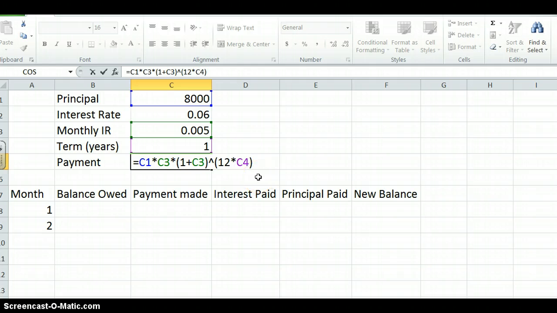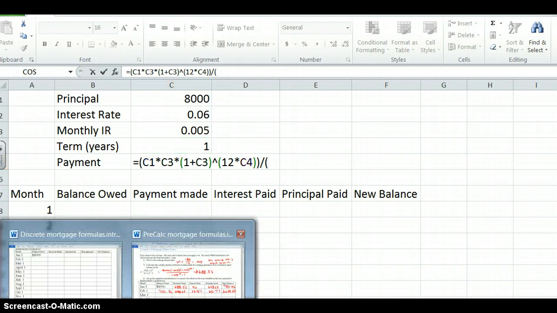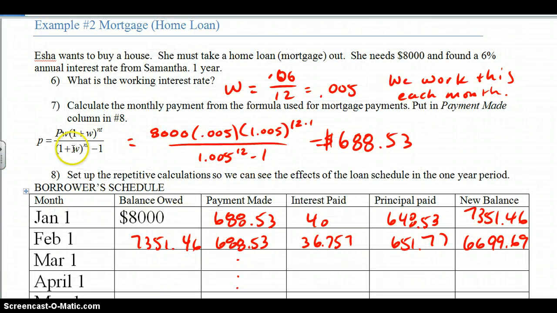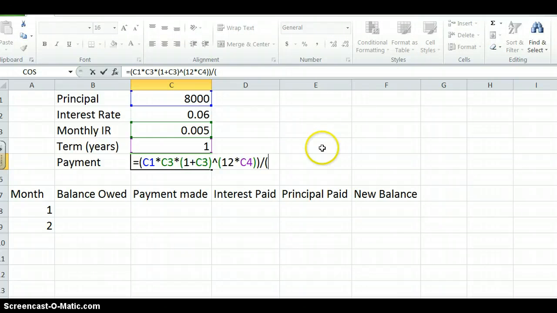Now what I'm going to do is take this, let me put parentheses around my whole numerator. I don't have to, but I think it's a good policy. And I'm going to go divided by, and I got to put this all in parentheses in the denominator. So this denominator will be 1 plus w to the nt minus 1. I need to group that though. So it's going to be another one, 1 plus, so I have two parentheses there, 1 plus the working interest